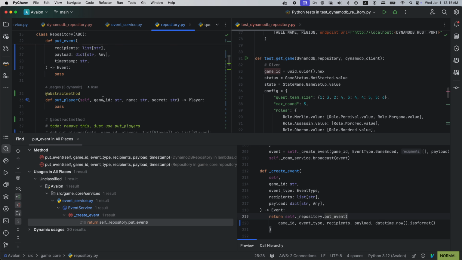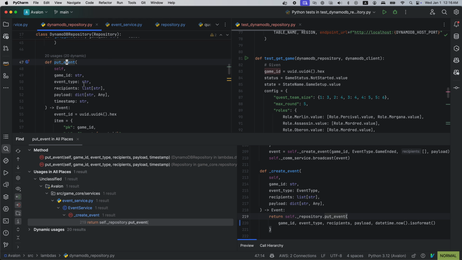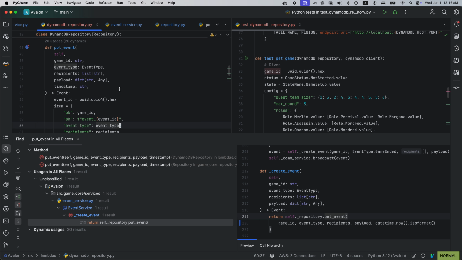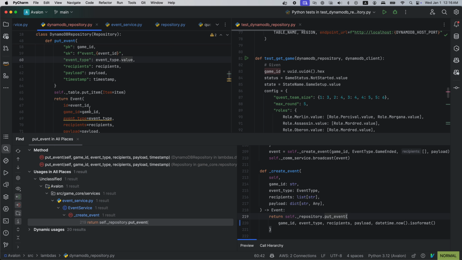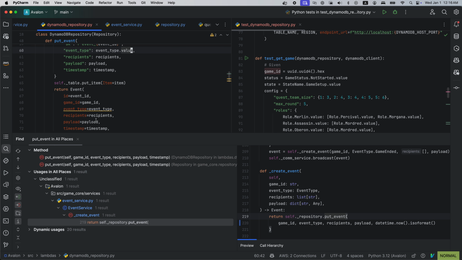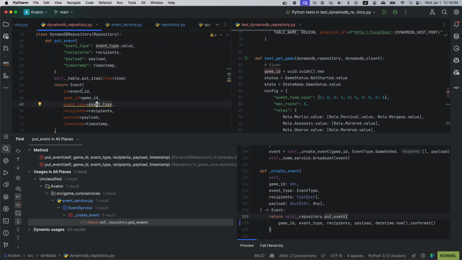Okay, event type. This is also event type. Here we have event type dot value, and then wait, this is just type.